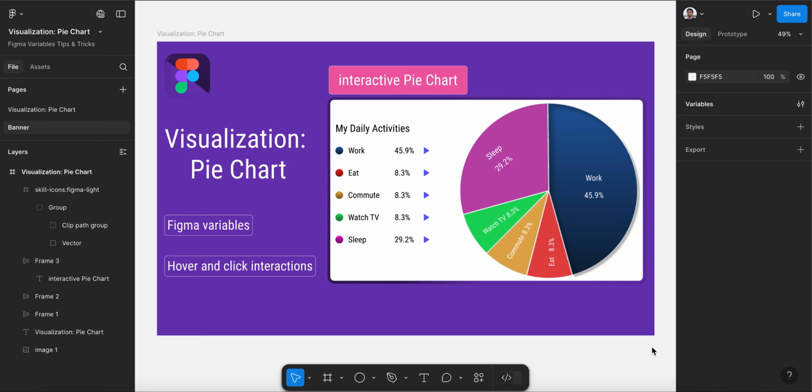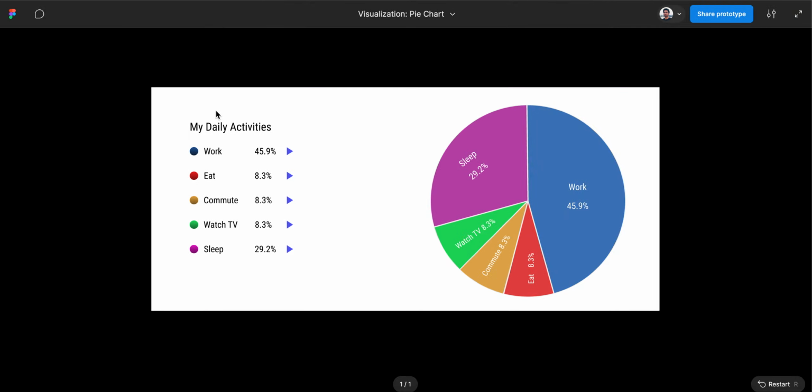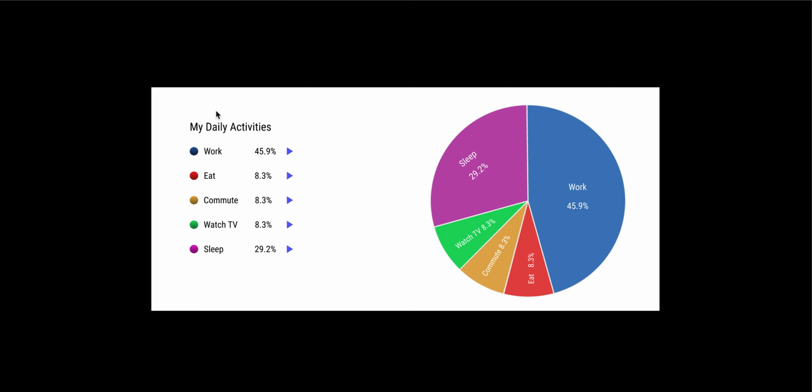Today I am going to share the easiest trick to create an interactive pie chart or donut chart. For creating a pie chart or a donut chart, we need a circle which represents the complete whole, and slices of the circle, or you can say pie, to represent the specific categories that compare the total percentage. So let's start with an example which is given here, my daily activities, where work is having